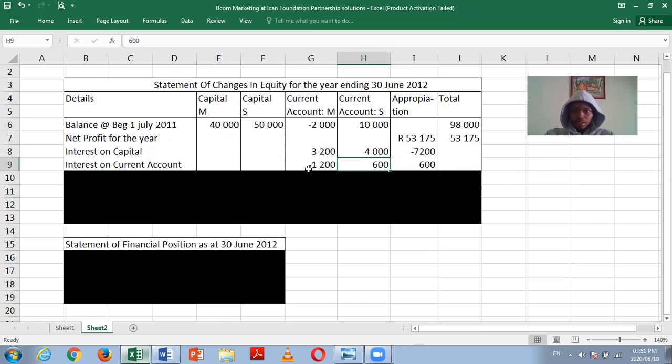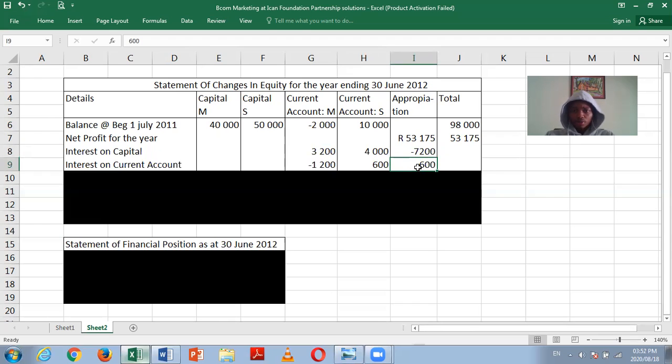When you take negative 1,200 plus the positive 600, you get negative 600, right? So whatever is negative, when you add the two partners, on this side will be positive. So for example, 3,200 plus 4,000, you get 7,200, which is positive. So whatever is positive, when you add both the partners, it's going to be negative on the appropriation. But remember,